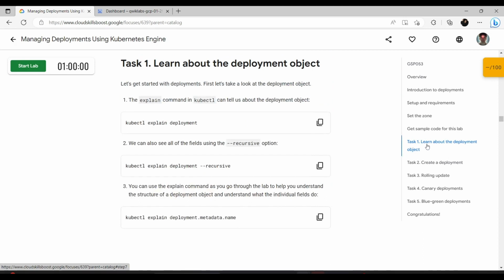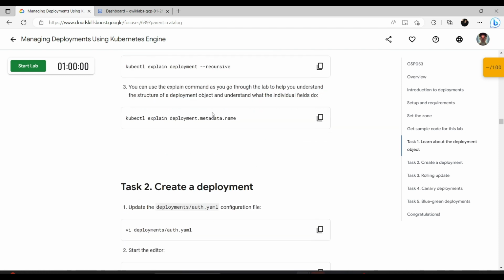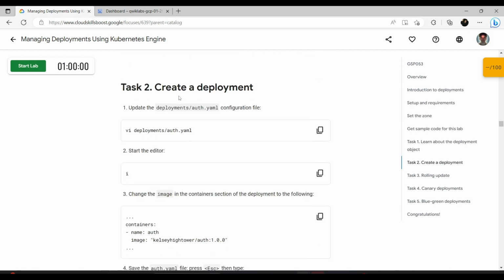So we will be learning about the deployment object. The explain command on kubectl tells us about the deployment. We can also see all of the fields using the recursive option. You can use the explain command as you go through to help you understand the structure of a deployment. Now, to create a deployment,